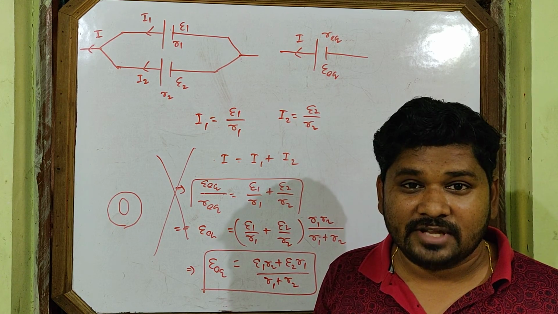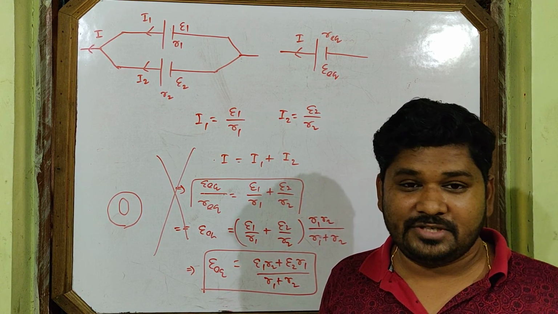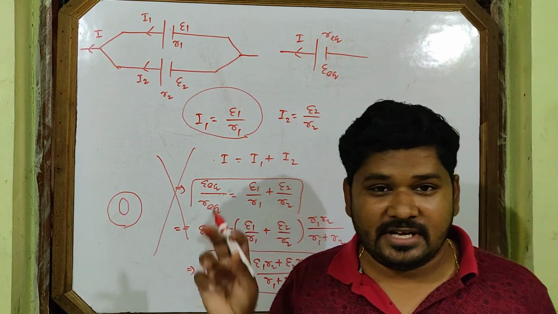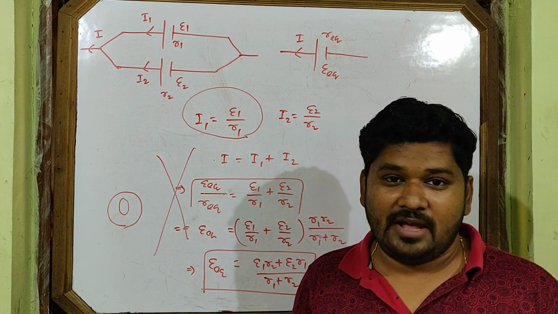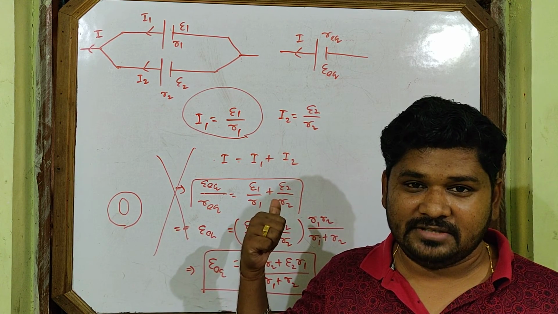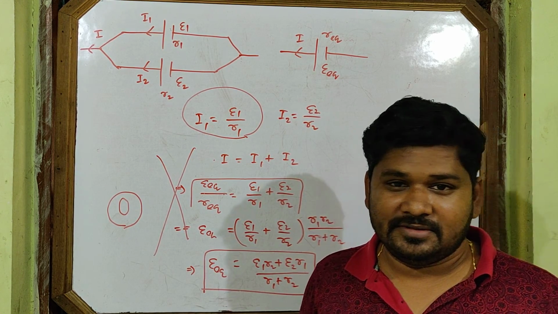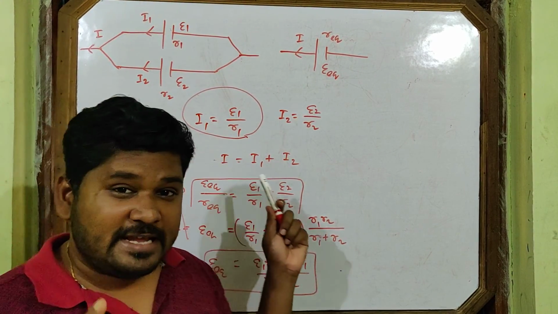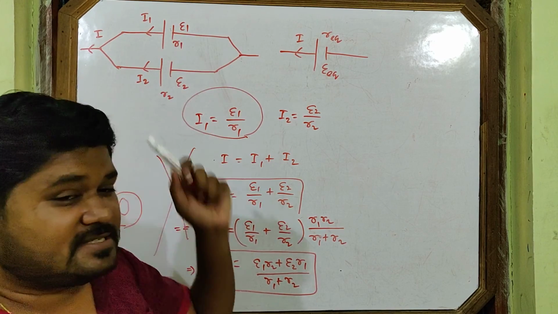Where is it wrong? Then you will ask me the question, to us, the teachers. Where is it wrong? Here. From where did you get this relation? Is there any formula, I1 equal to E1 by R1? Is there any formula you have seen somewhere? There is no such formula. But the formula is there. This formula is right, but it is not used in this case.